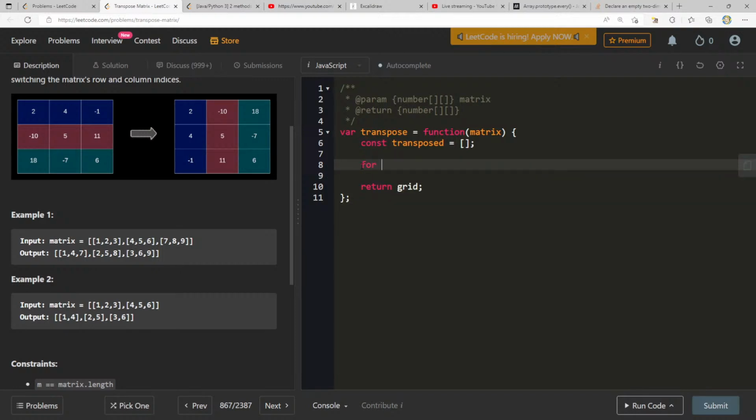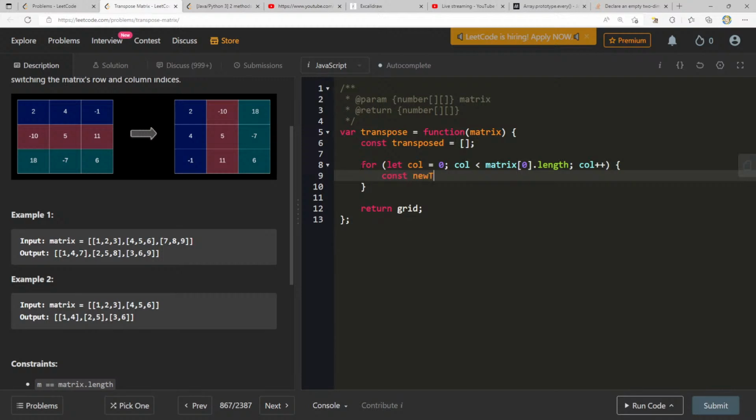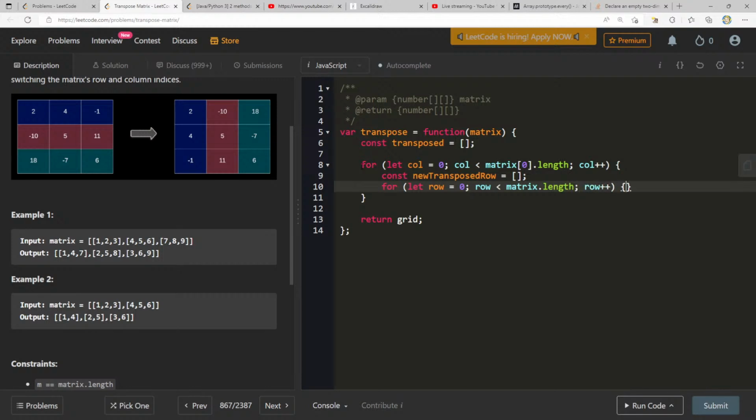So here we can say for let column equals 0, column less than matrix of 0 dot length, column plus plus. Here we can say new transposed row. Then we can say for let row equals 0, row less than matrix dot length, row plus plus.